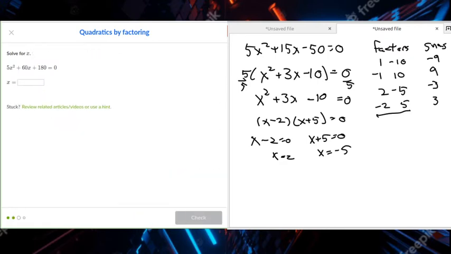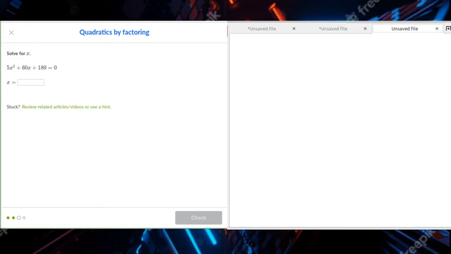All right. Board. We like 5s today, don't we? 5x squared plus 60x plus 180 is equal to 0. I'm going to factor out this 5, divide everything by 5. I'll get x squared plus 12x plus